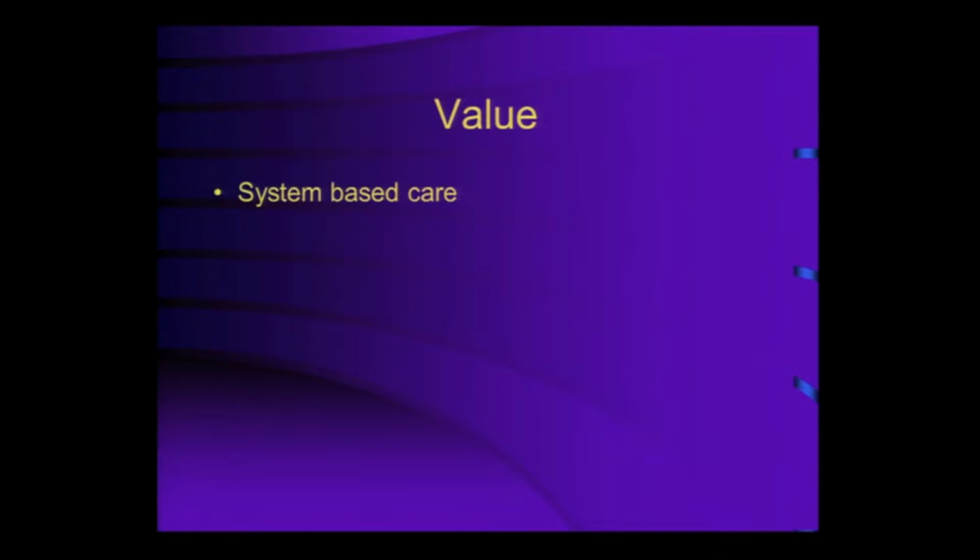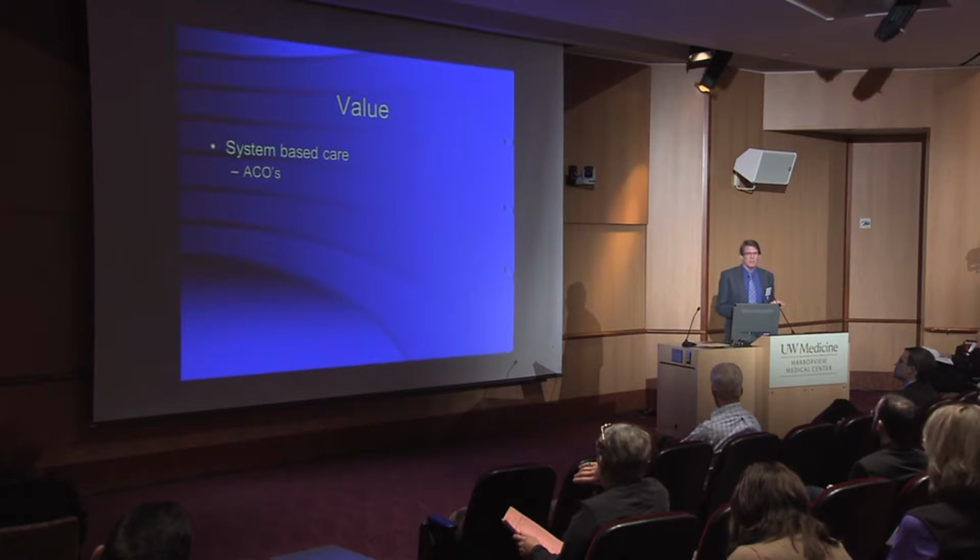So what I just gave you is a perspective of value if you looked at it from this single episode thing, like a payment, like what regions will cover for lumbar fusion. What if you flipped this whole game around and said, we're not going to look at it this way. We're going to go population-based. We're going to do this on a system. This would be things like an ACO or a bundled care model, which are totally different.